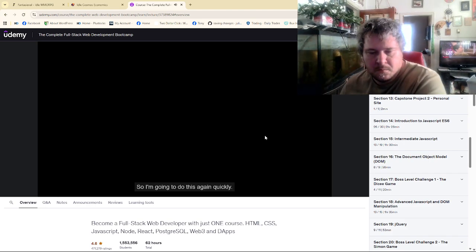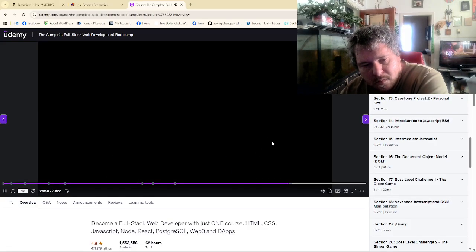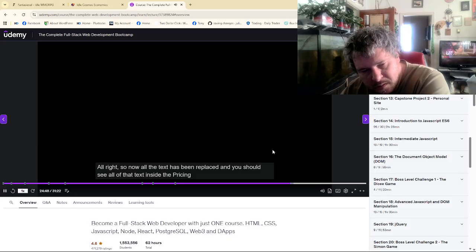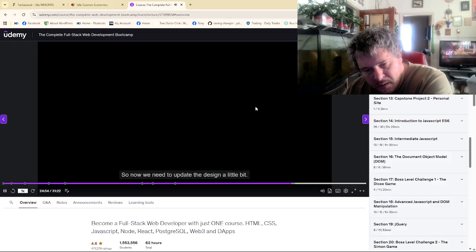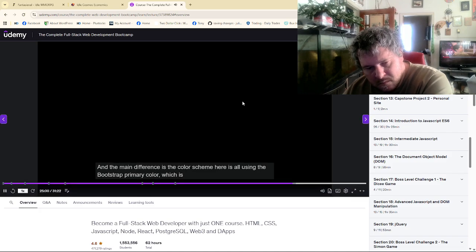So I'm going to do this again quickly. I'm going to fast forward and replace all the text. Alright, so now all the text has been replaced and you should see all of that text inside the pricing section. So now we need to update the design a little bit, and the main difference is the color scheme